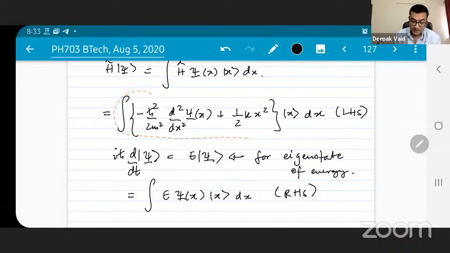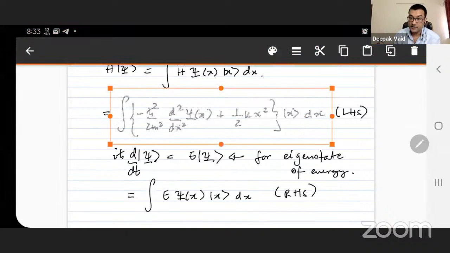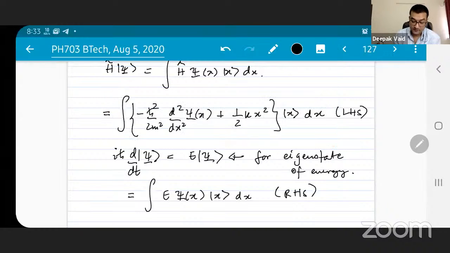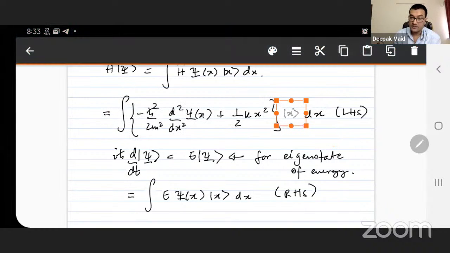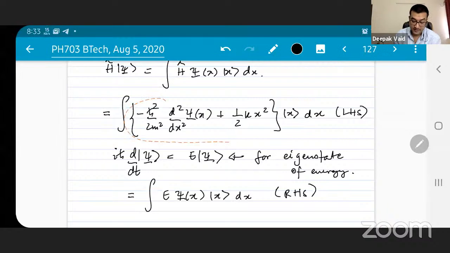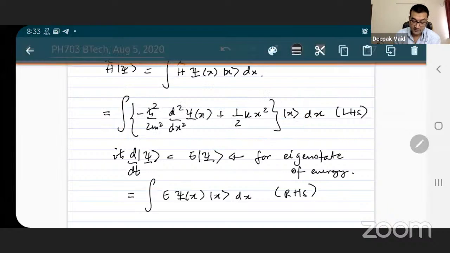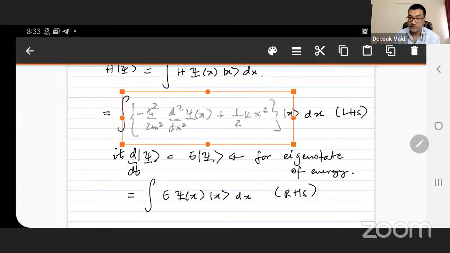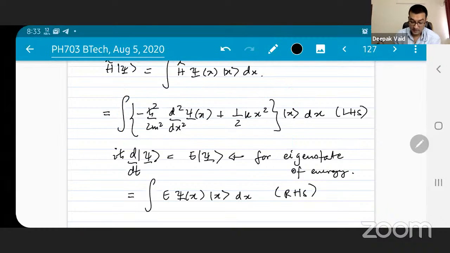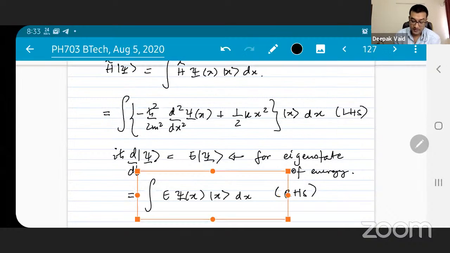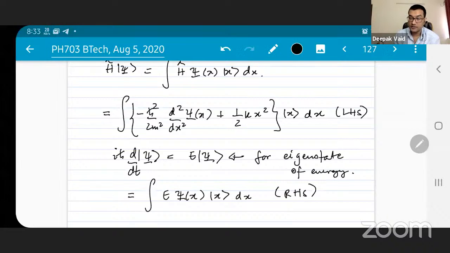And what is this expression? This is a vector, right? This whole thing is a vector. These are the basis states of that vector, and this guy in the brackets, these are the coefficients of that vector in that basis. So when you have two vectors that are equal to each other, and you're working in the same basis,